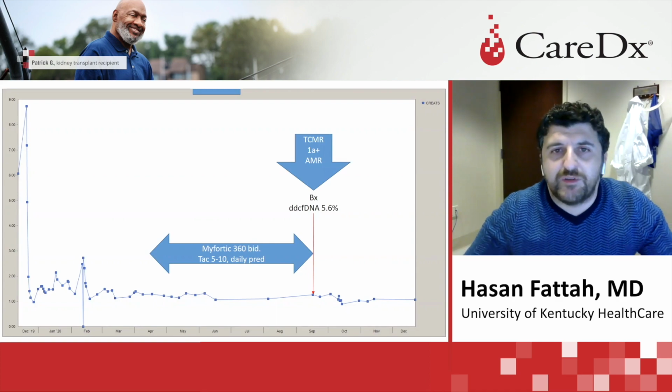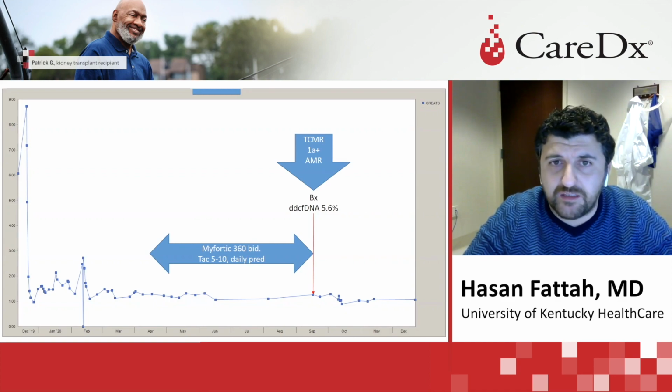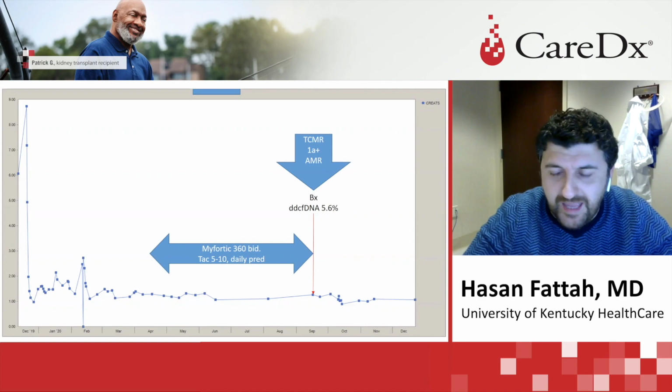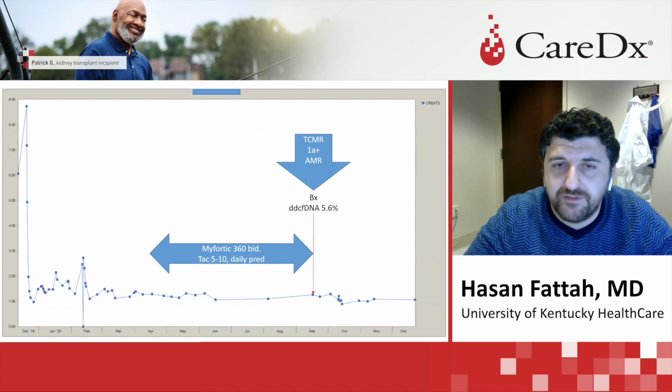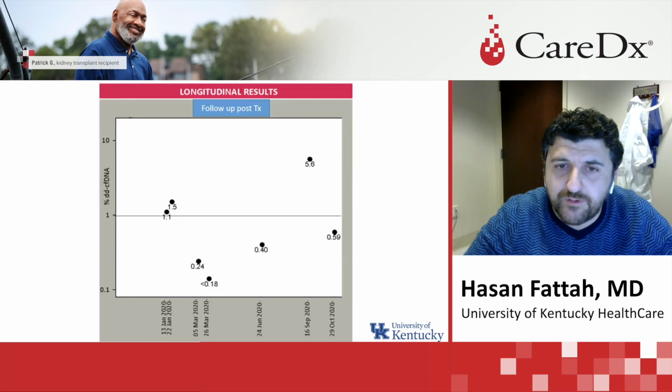And unfortunately, our suspicions were confirmed, with kidney biopsy showing mixed rejection: acute T-cell mediated rejection and chronic active antibody-mediated rejection, even though she did not have significant DSA. So in other words, she did have non-DSA, or DSA-negative, C4d-negative, chronic active antibody-mediated rejection. She received treatment with steroids, IVIG, and apheresis, and her follow-up AlloSure showed a significant decline in the value from 5.6% to 0.6%, which probably indicates a significant resolution of her graft inflammation.